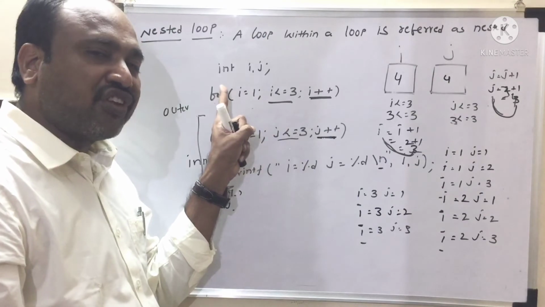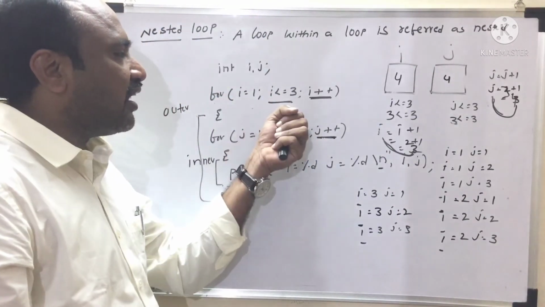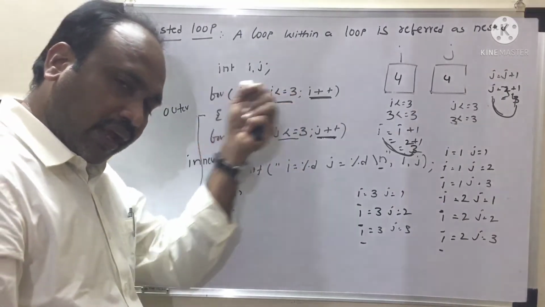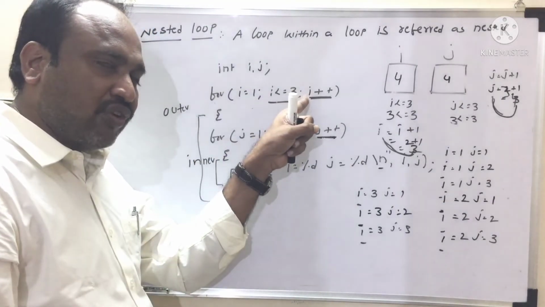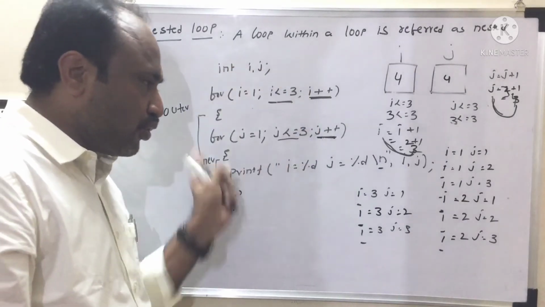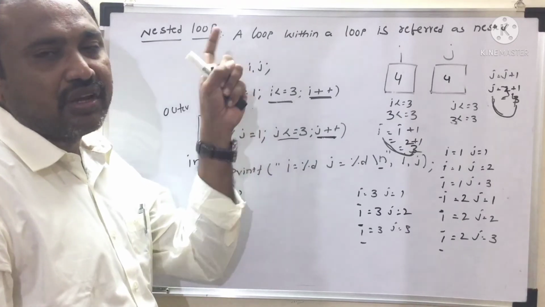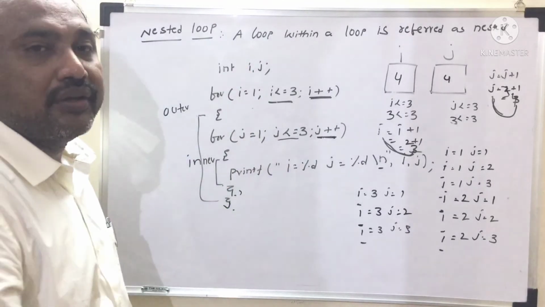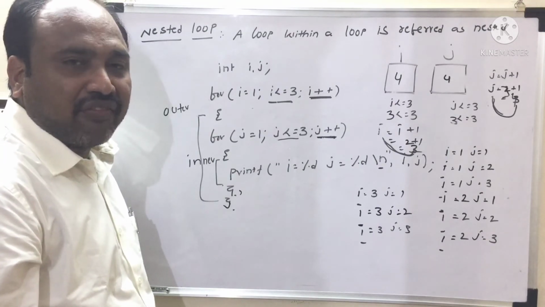If outer condition is true, then inner for loop will be executed. Again go and check the condition. It is true. Again J for loop will be executed. Again go and increase the value. Check the condition. Condition is true. Again inner for loop will be executed. If outer for loop is false, come out from the program. This is the way of working with